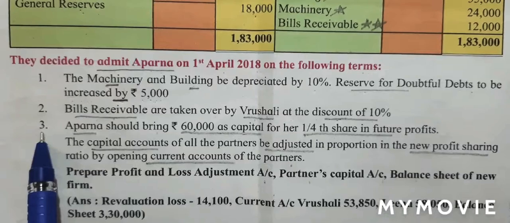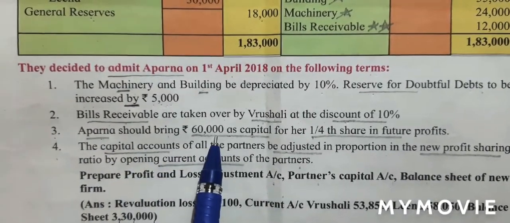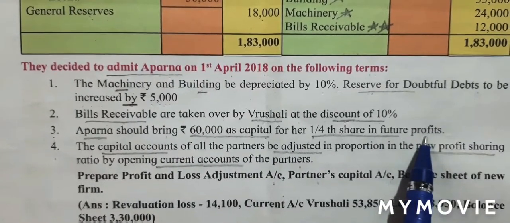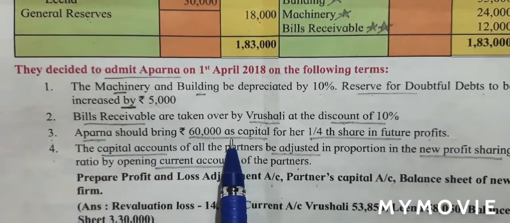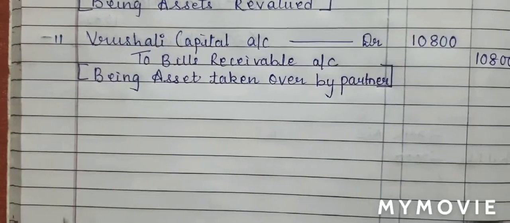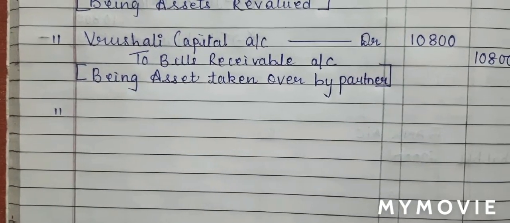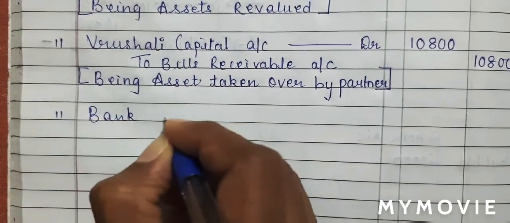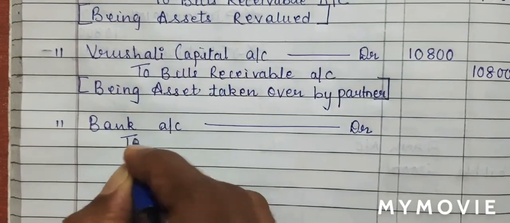We will now move on to adjustment number 3. Aparna should bring rupees 60,000 as capital for her 1/4 share in the future profit. So we see Aparna is a new partner. The new partner is bringing in capital. So let's write the journal first. Again, our date will be common. The new partner is bringing capital, so our entry will be bank account debit to